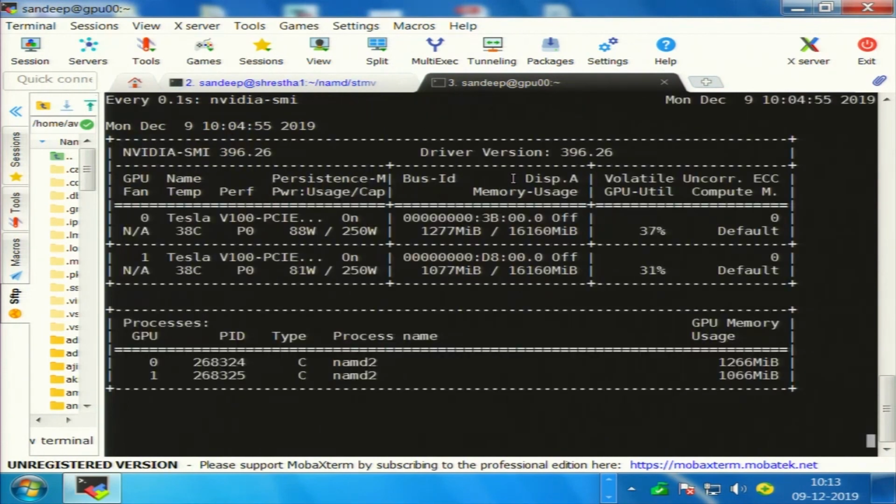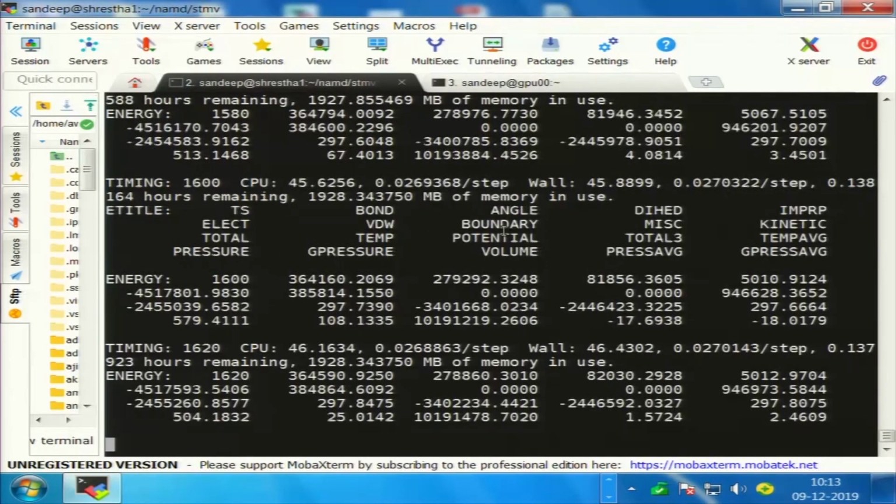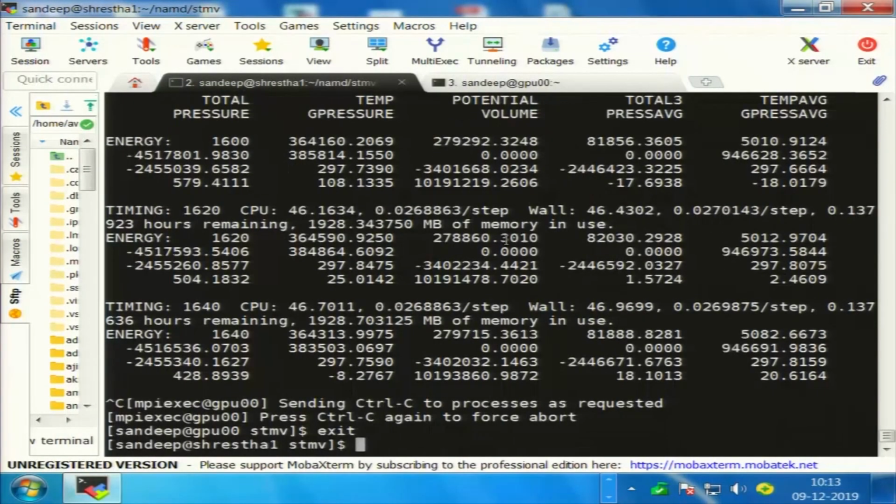So we are using both the GPUs here. Now I'll terminate the job and I'll go out of this node. I'll take it with